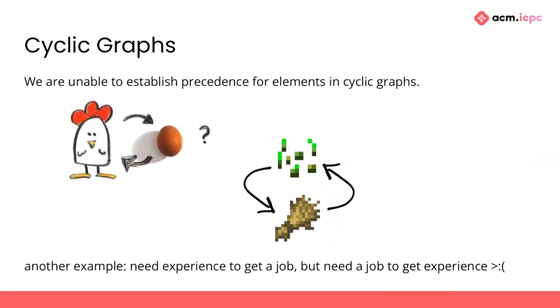Now for cyclic graphs, the idea is that we're unable to establish precedence for elements in a cyclic graph. So the famous chicken and egg problem, did the chicken or egg come first? Or like in Minecraft, there's wheat and seeds. Does the wheat come first or does the seed come first? And another example is, in order to get a job, you need experience, but you need a, I guess, yeah,